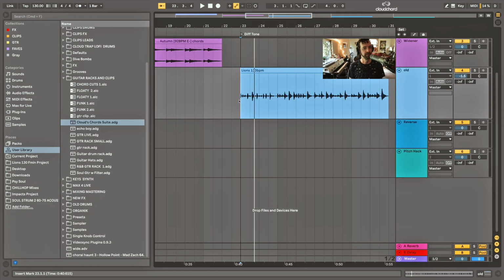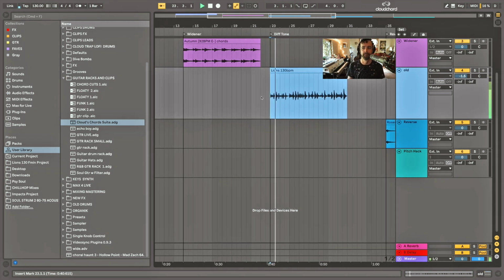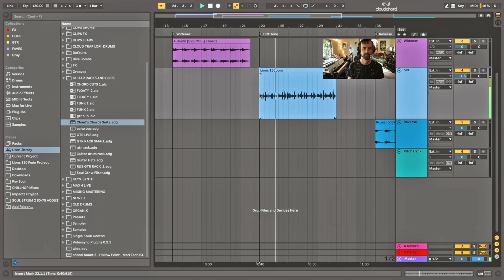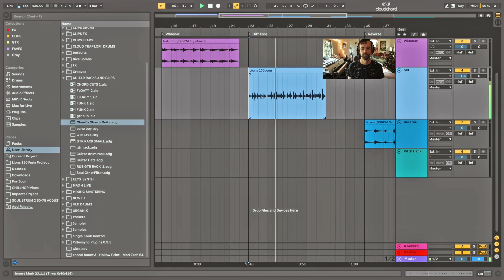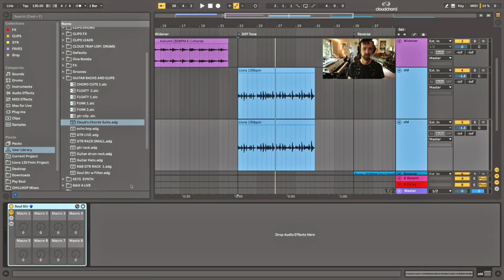Okay, number 3, we're going to take the same part and we're going to duplicate it and have two different tones on it. So here's the original part. Cool, right? Little palm mute kind of thing with a tiny bit of delay. So let me duplicate it. And inside the tone is